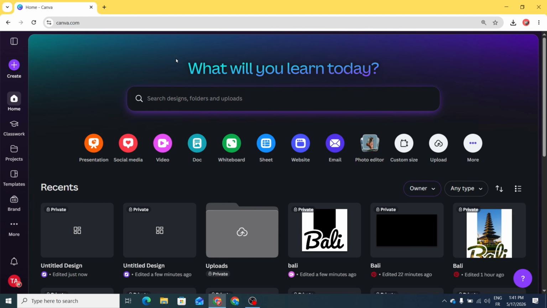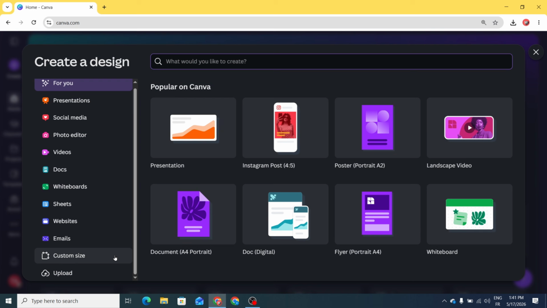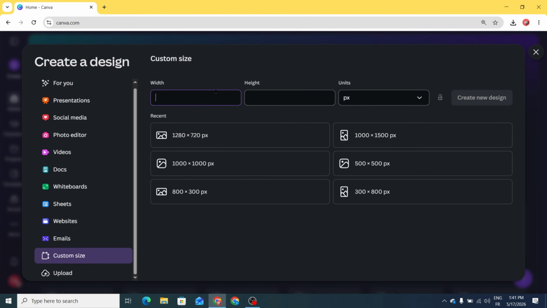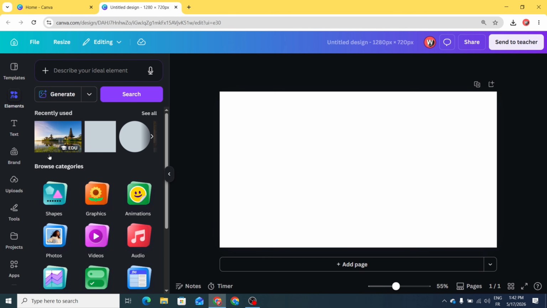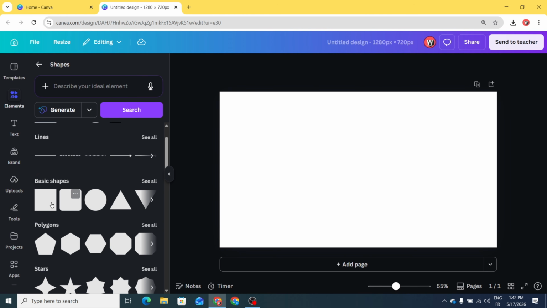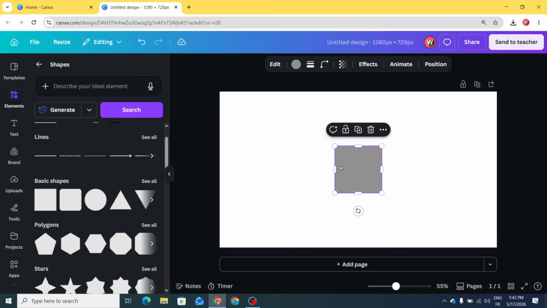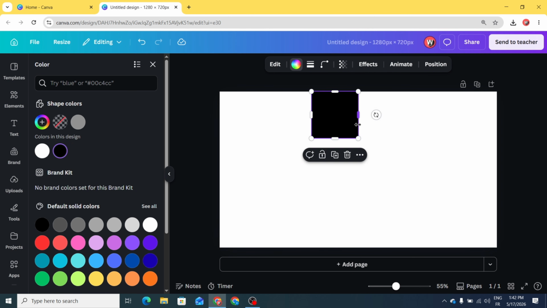Go to Canva and go to create custom size and use any resolution you want. Let's use this resolution. Click create new design and go to elements, shapes, basic shapes, choose the square and click on the square, go to color, change to black color, and let's adjust